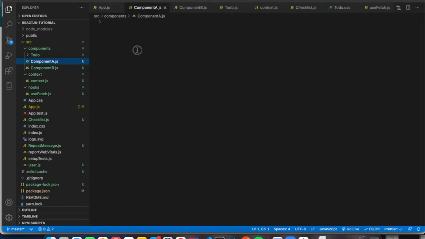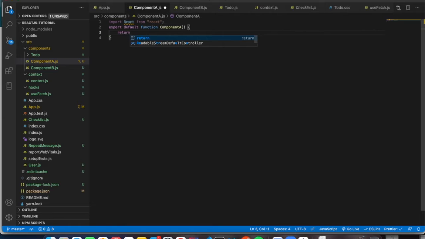Now we will import React from React. Then here I'm going to export default this component A. Then I'm going to return some div element.